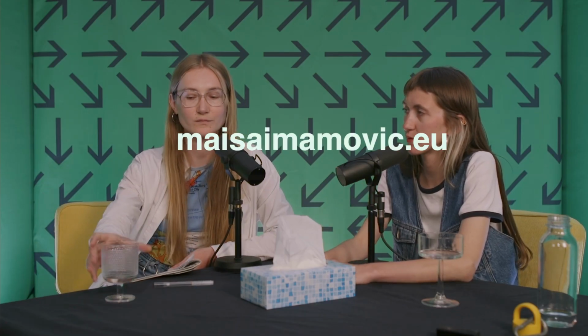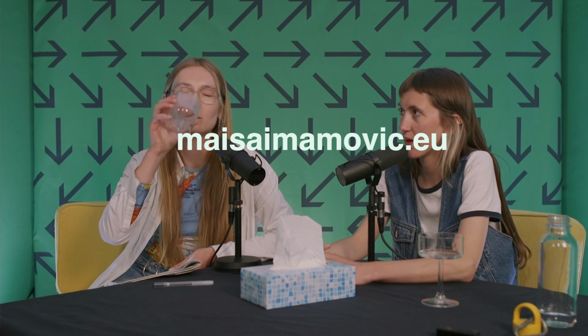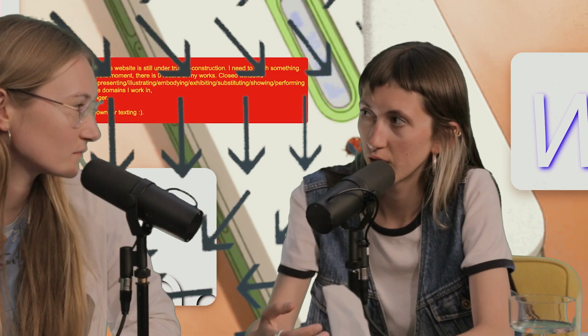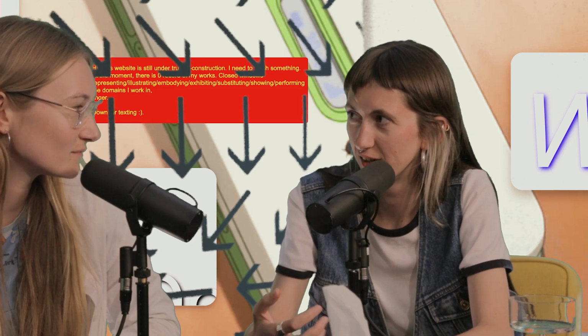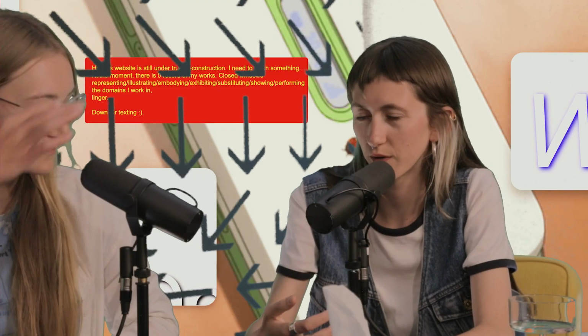And if we talk about front end, could you explain to me a bit the interface of your website? The interface of my website, wow. You enter my website, maisaimamović.eu, and then there is .eu. That's my European operations. But then there is a background that is called temporary.png. But it's been there since I made the website, so it's not really temporary. Mm-hmm. It feels like a very long temporary.